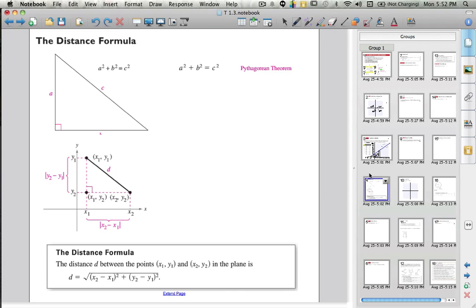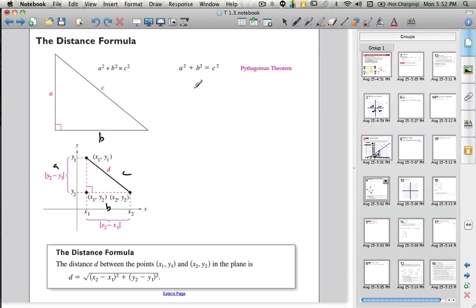Okay, now we want to look at the distance formula, and the distance formula is an offshoot of the Pythagorean theorem. So you're familiar with the Pythagorean theorem. If I have a right triangle, I know that the sum of the two sides squared will be equal to the hypotenuse squared. So I have a squared plus b squared equals c squared. And as you take a look at the idea about the distance between 2 points, when you look at this, if I say that this is side A, and this is side B, and this is side C,